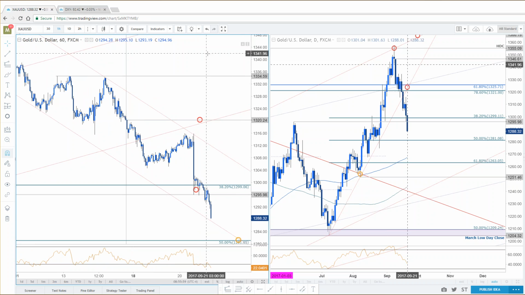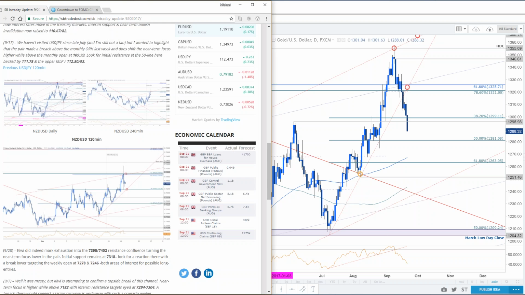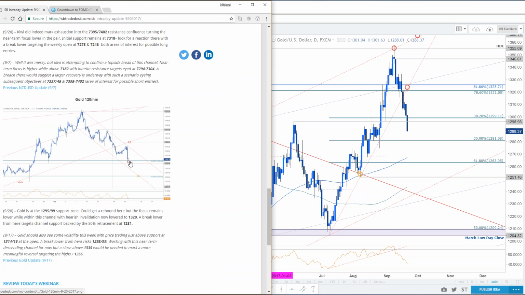The initial play, the initial inclination that we had for the week worked out perfectly. So again, here's what gold looked like last night. Talking about that support zone, you had its former swing high, a real nice pivot, and the threat of a break to the downside would basically take you into that lower channel support, and then 50%.